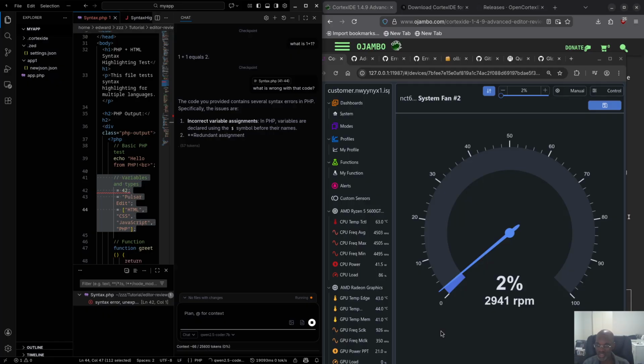It's still using the CPU. I have an AMD Ryzen 5 1600, as you can see right here, and my GPU is an AMD Instinct MI60. It's a server grade